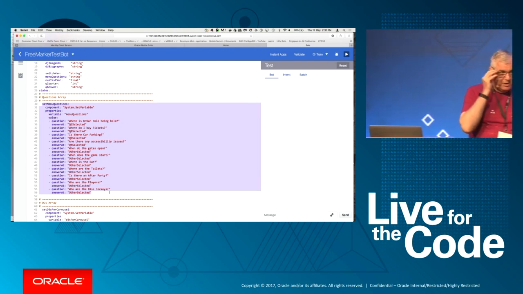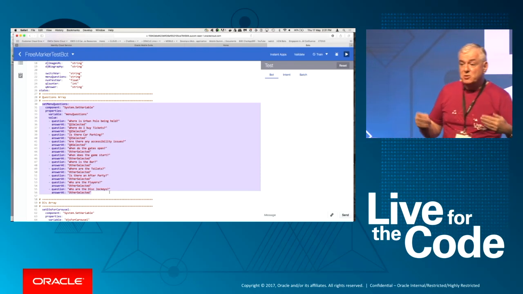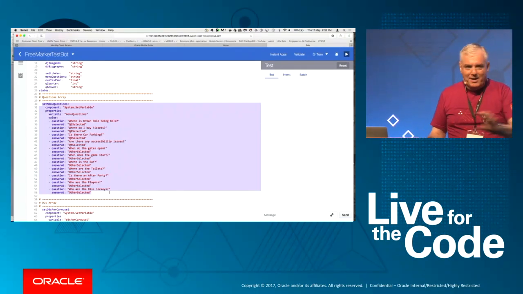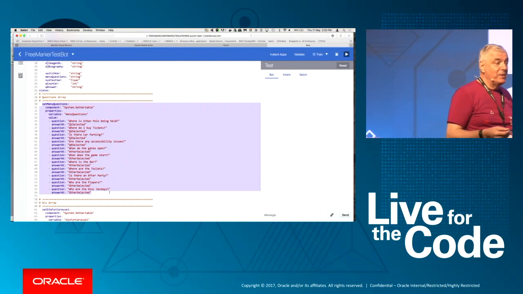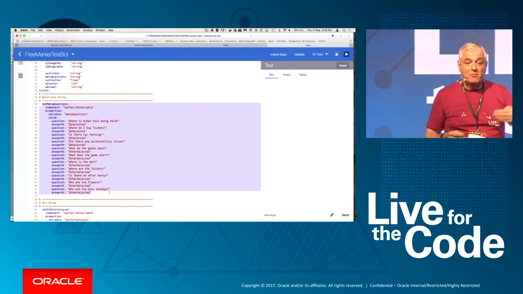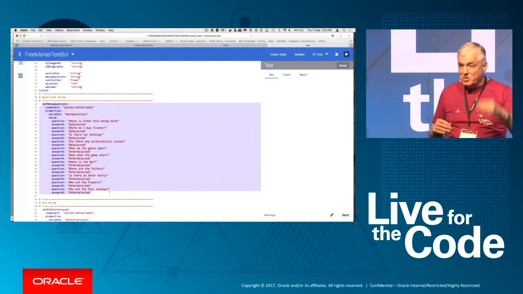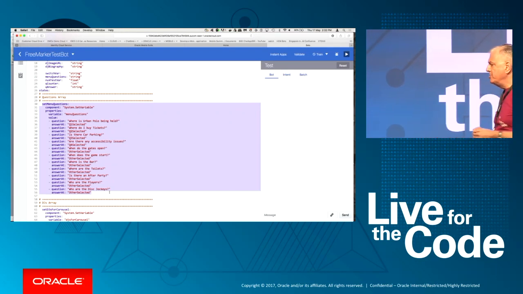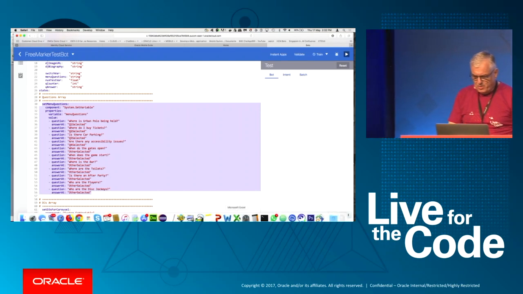Now, when you're building a conversation, when you're building a bot, the worst thing you can do is basically leave a blank text field almost. You have to guide the user. What can I do? What does your bot offer me? So one of the best things you can do is give them some options that you might want to do with this bot. And once people learn it, they'll just start asking the questions directly. But in this case, I've got a simple array, and if I was to run the bot here,